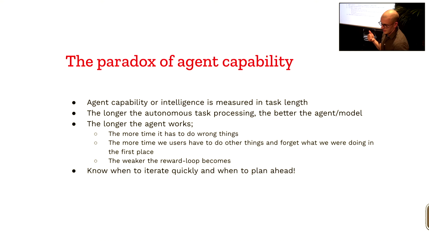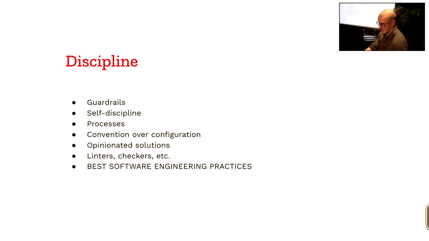One year ago, when I started with Replit, it could work for 2 minutes, and then it was unable to continue. And right now, they say it can work 200 minutes without asking for guidance, and it has lots of time to go wrong. So the planning is more and more important. We need discipline, guardrails, and we need to follow good software engineering practices. These models don't do that by nature. They are pretty good at programming, but engineering is a much more diverse set of skills.